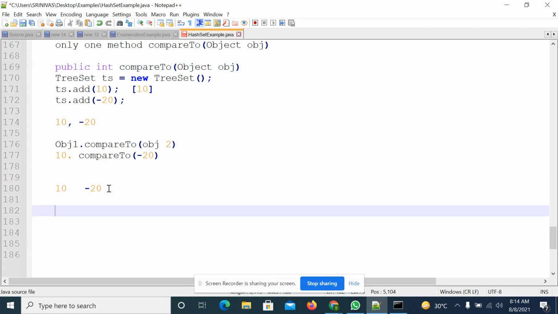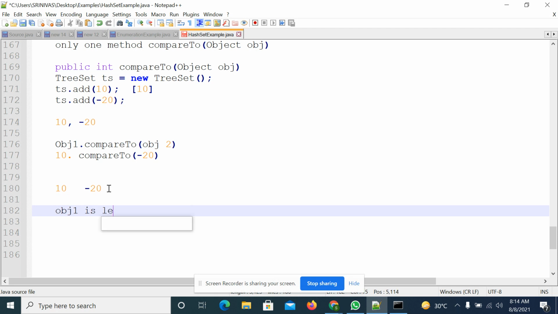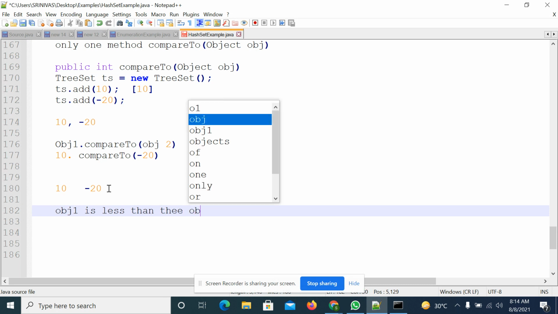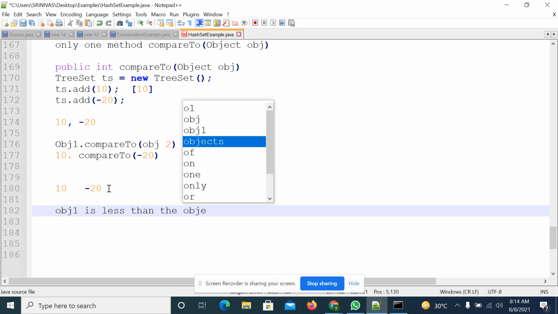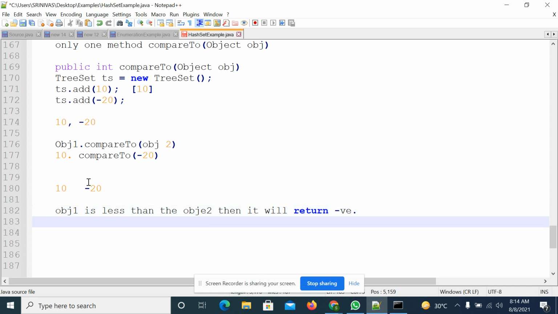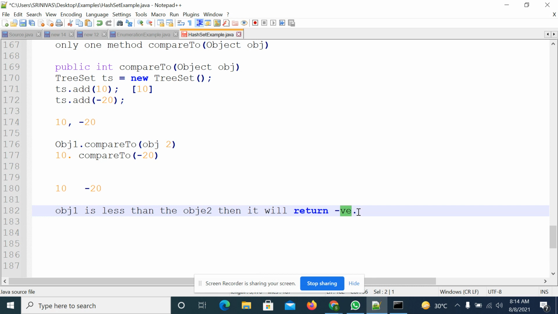First it will verify both elements, 10 and minus 20. If object 1 is less than object 2, then it will return a negative number. Suppose object 1 must come before object 2, in that case it will return one negative number.